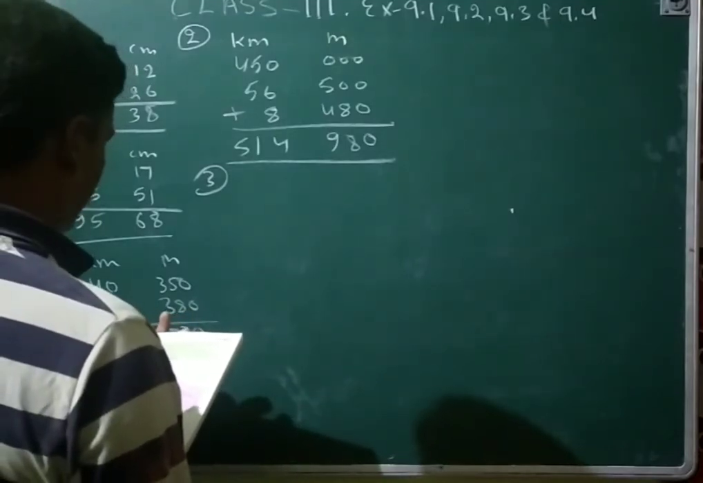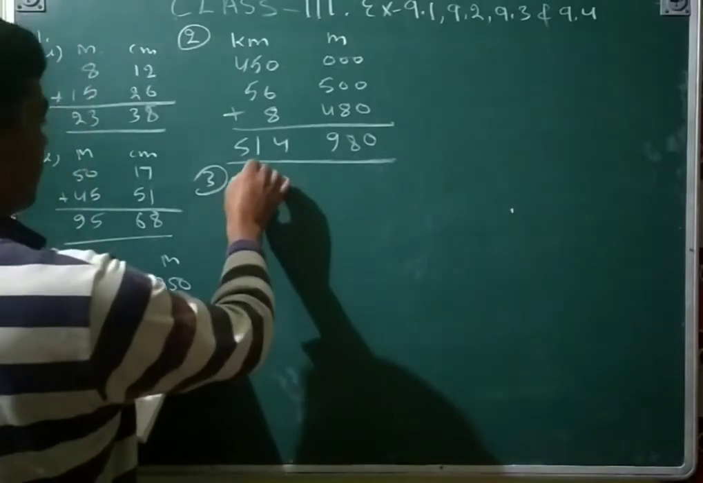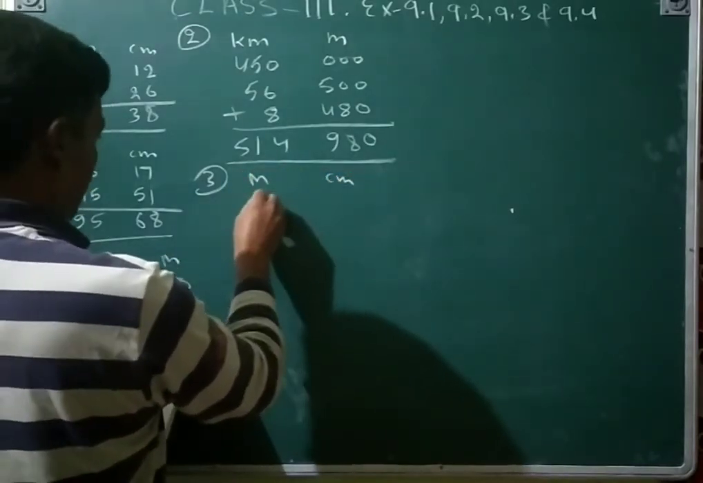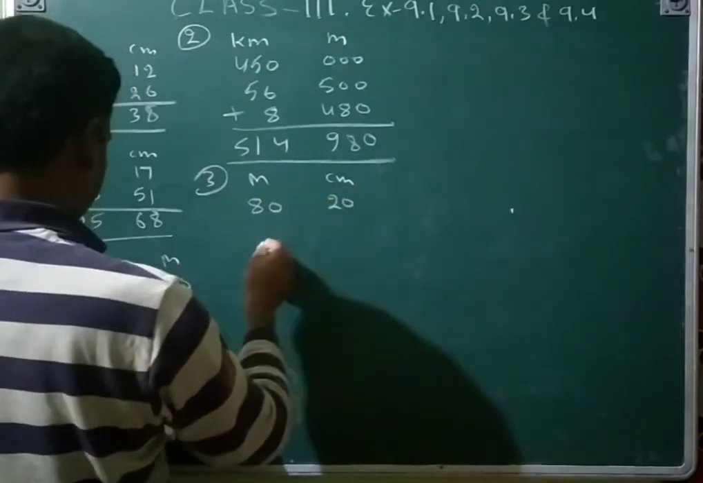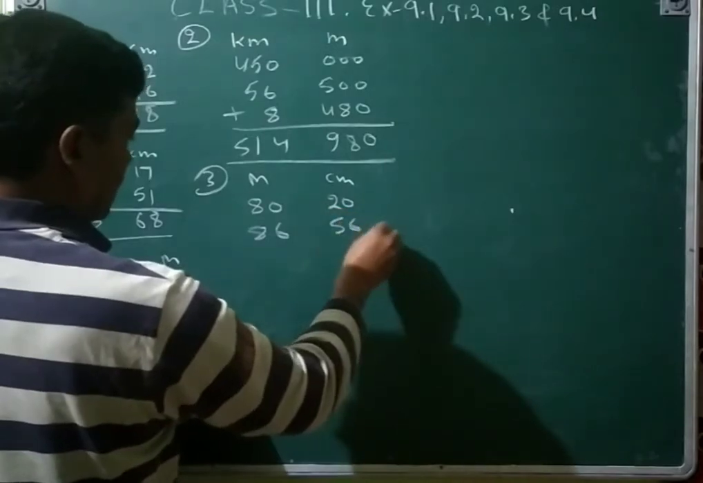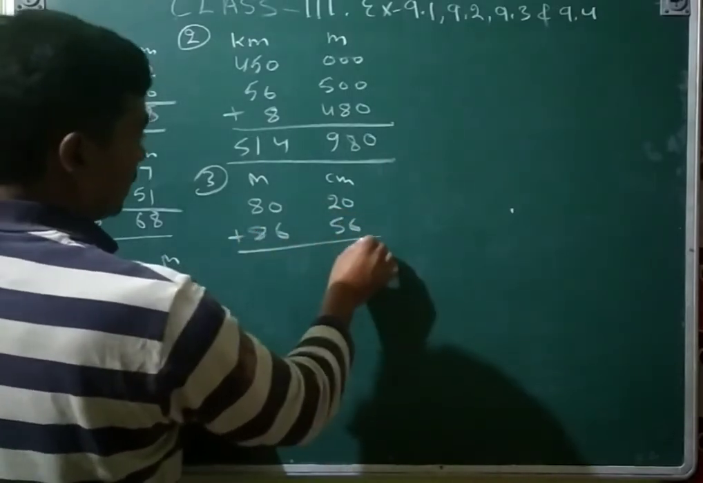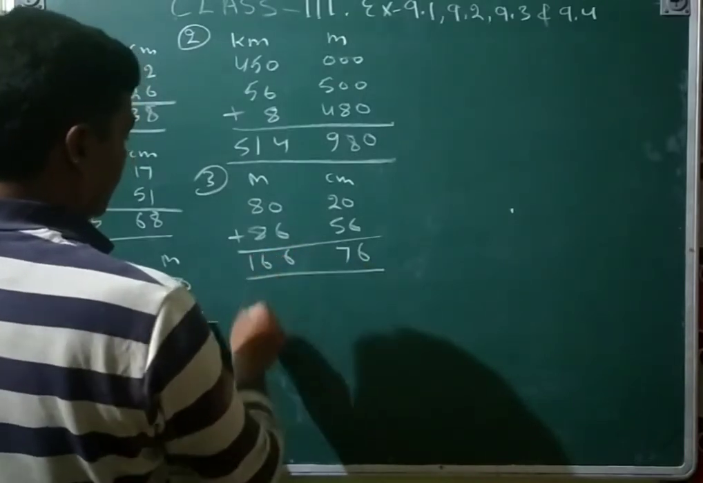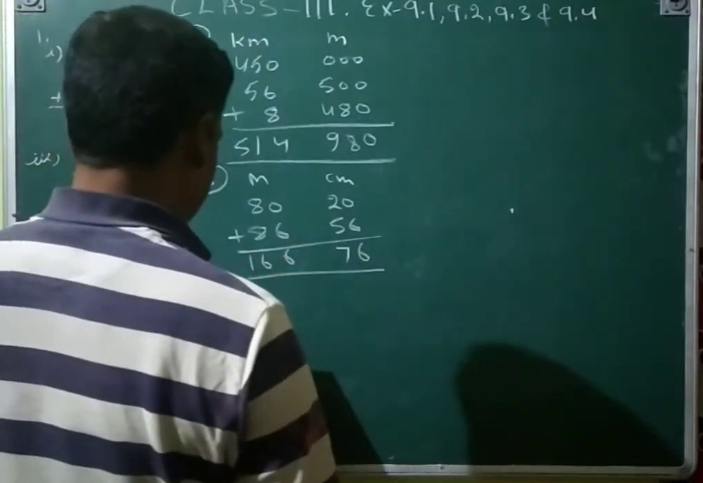Third question, that also we will add. 2 rolls of electric wire contain this meter and this centimeter of wire respectively. What is the total length? So the total length will be meter and centimeter. So meter is 80 and 20 and then 86 meter, 56 centimeter, and then add 6, 7, 6, 16, 116 meter, 76